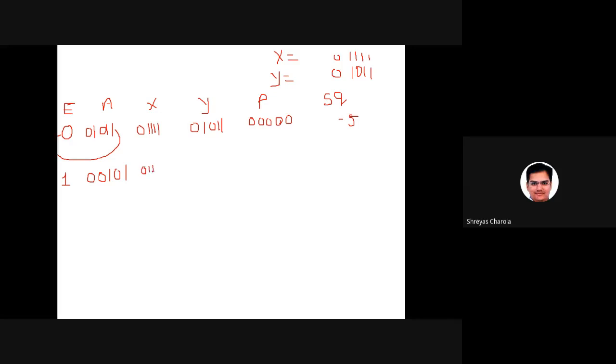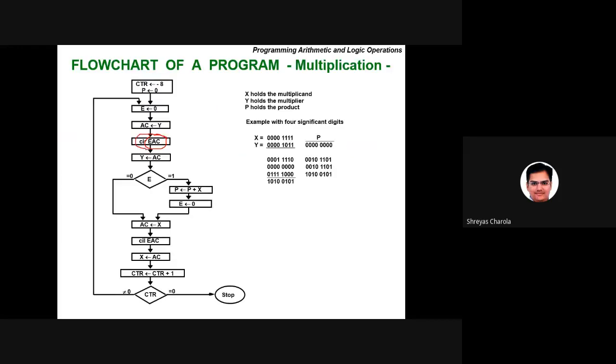So 0, 1, 1, 1, 1, 0, 1, 0, 1, 1, 0, 0, 0, 0, 0. Still the sequence counter is minus 5. After rotating, what do I need to do? Again store the value of accumulator in Y. After rotating 1, because we have checked this bit only, once you check this bit, again put this value inside Y. That means the first bit you had checked. That's why we are putting it again into Y.